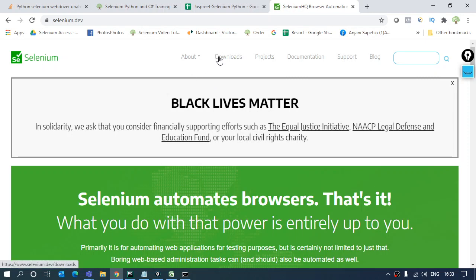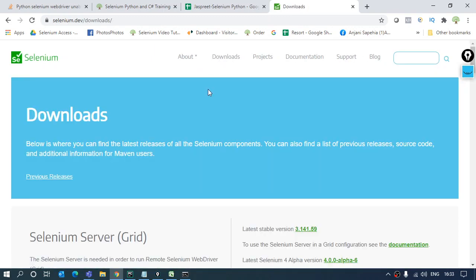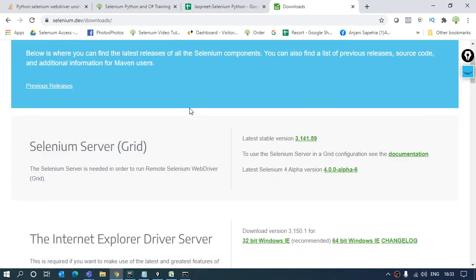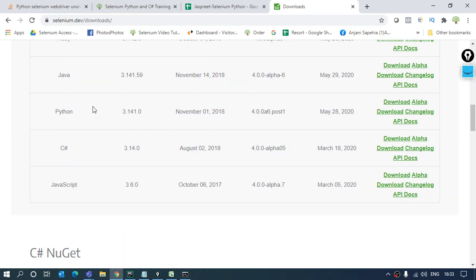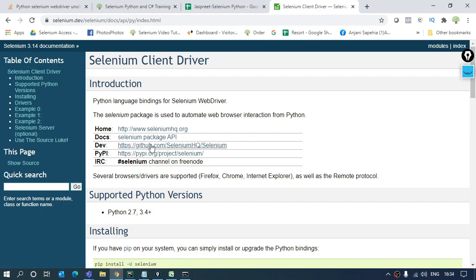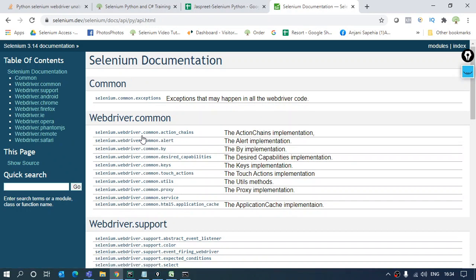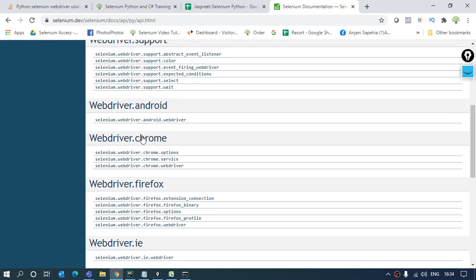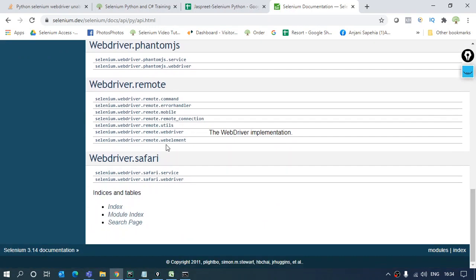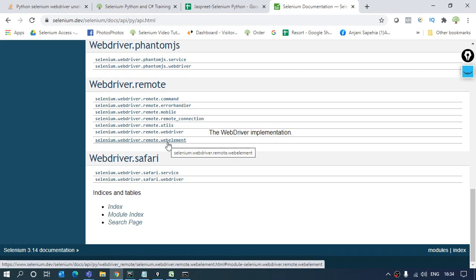Fine. Now when I have to take the actions on it, there are specific functions which we use for that. I'll show you which functions and out of which class they are going to be helpful for us. On the official website in the docs I showed you before, there you will get that particular class, and that class is the WebElement class. Previously we discussed the WebDriver class. Now this is the WebElement class.